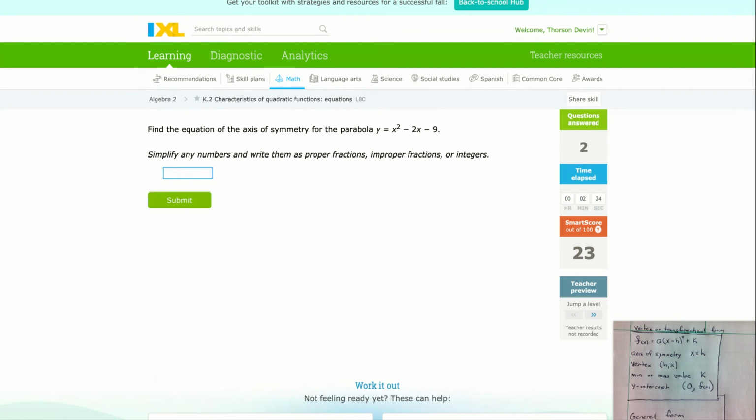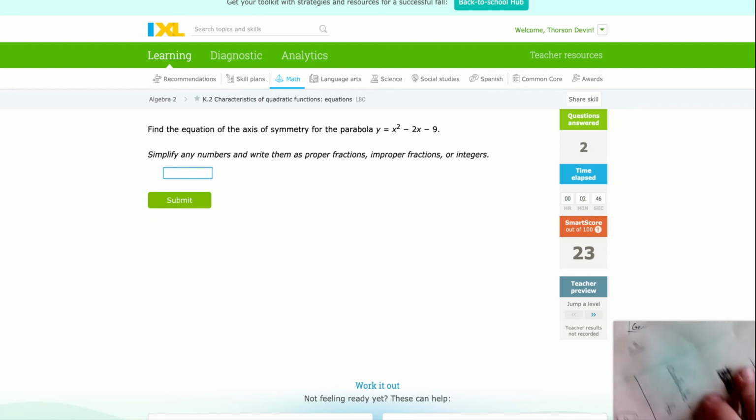Here we have the general form again, so I slide up here to the general form, and I go, okay, it's asking for the equation of the axis of symmetry. Now this one's going to be a little bit harder. The axis of symmetry is this, minus b over 2a. So again, my b value is -2, so I do a -2